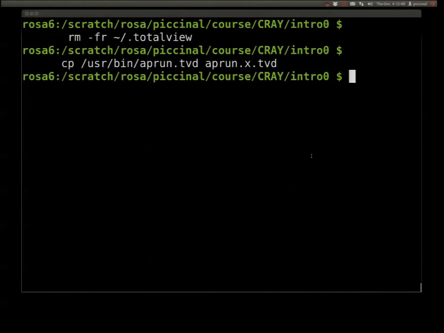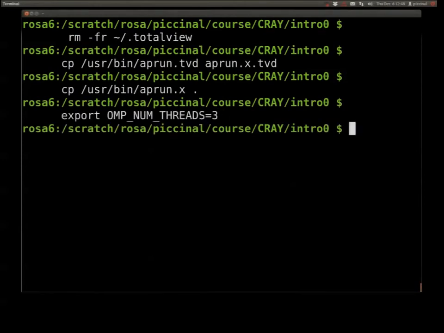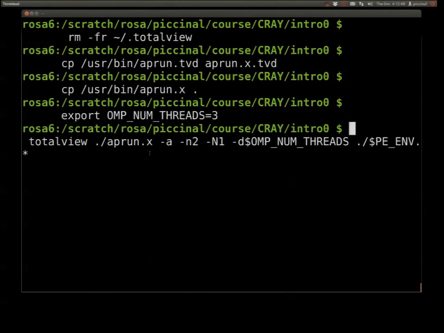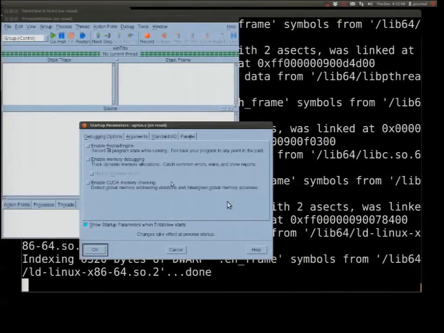You need to copy some file if you want to run on the Cray. The only difference with before is you have to put before aprun totalview and just after it dash a, to show that, okay, maybe that was a little bit too fast.